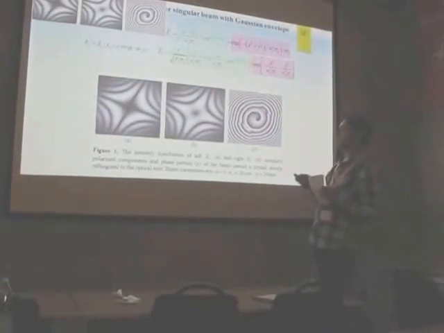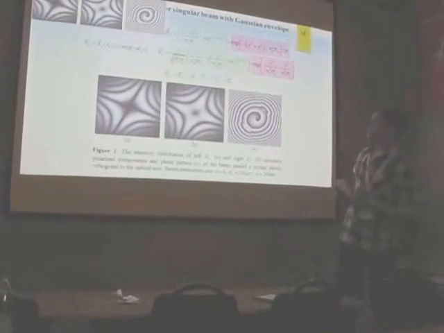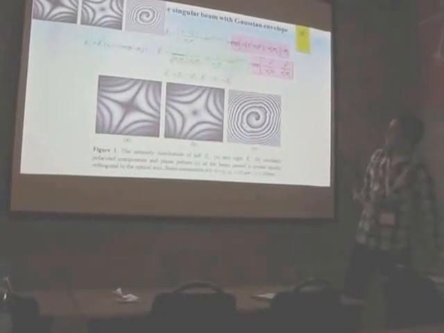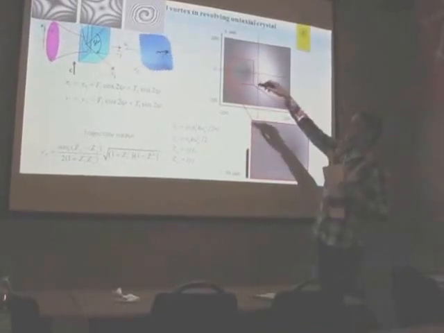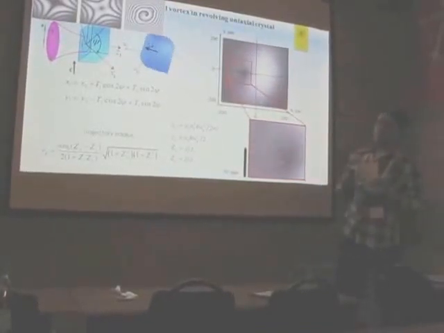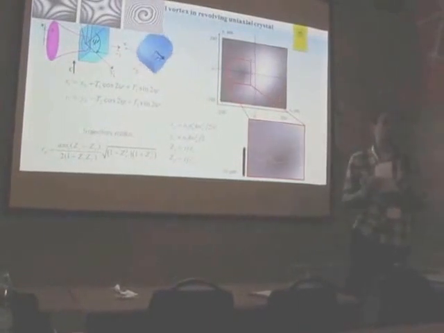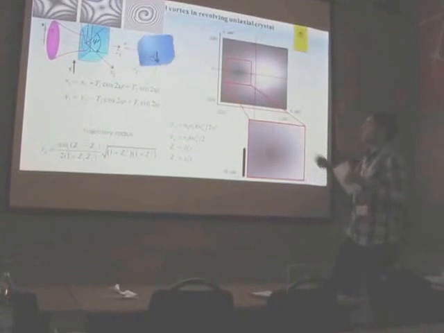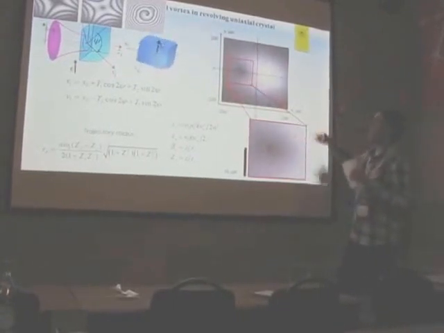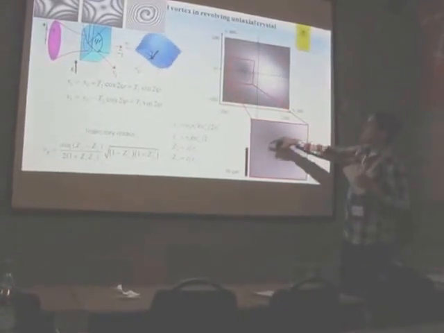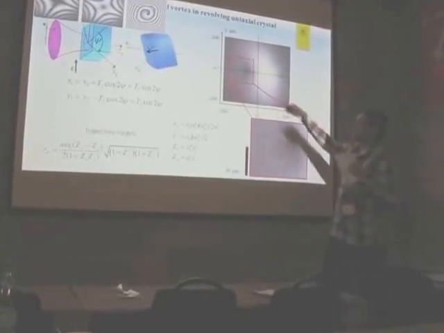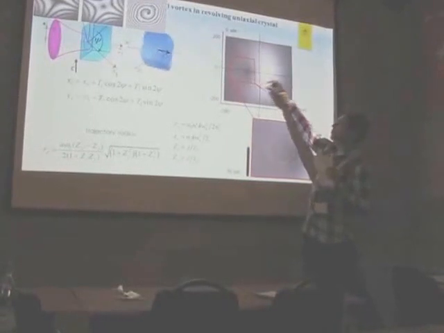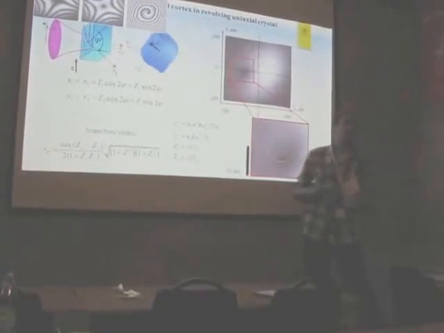Why? Because when we rotate our crystal, due to the birefringence and the difference between the ordinary and extraordinary beams, it can transform our initial beam to a singular one at first,